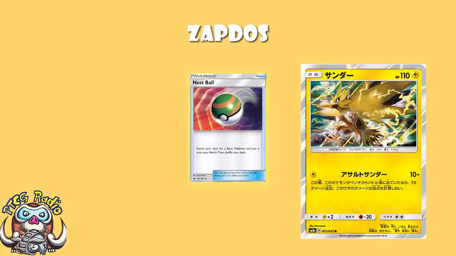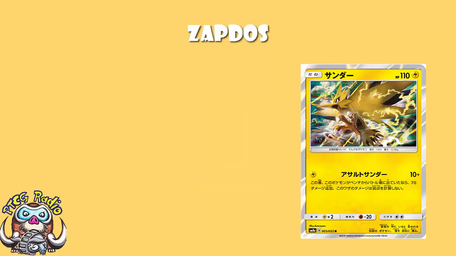It's just plain better, to be perfectly honest with you. And as for the single energy, that's just great. And it means that this is a viable turn 1 option. Turn 1 here can be great for Zapdos. Your opponent goes first, and then on your first turn of the game, you are in theory hitting for 80